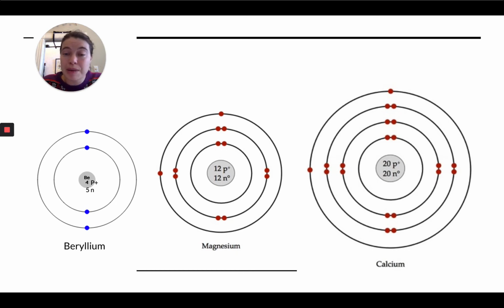It has 20 protons because it's element number 20, that's its atomic number. It's got 20 neutrons because its mass is about 40, and 40 minus 20 is 20. And it has 20 electrons because it's the same as the number of protons. So when I'm placing those electrons, I can put 2 in the first shell, so then I've got 18 remaining. I can put 8 in the second shell, so then I've got 10 remaining. I can put 8 in the third shell, so I've got 2 remaining, and then those last 2 go in